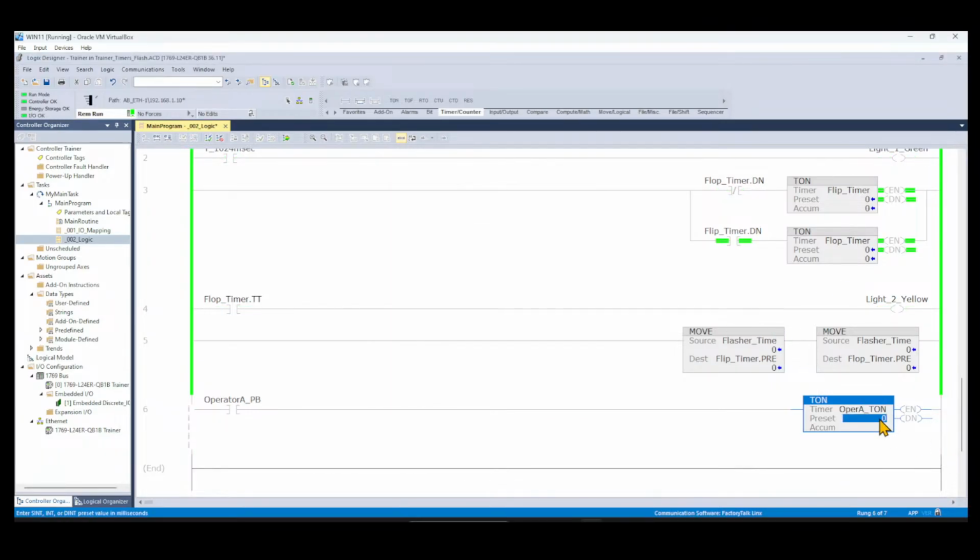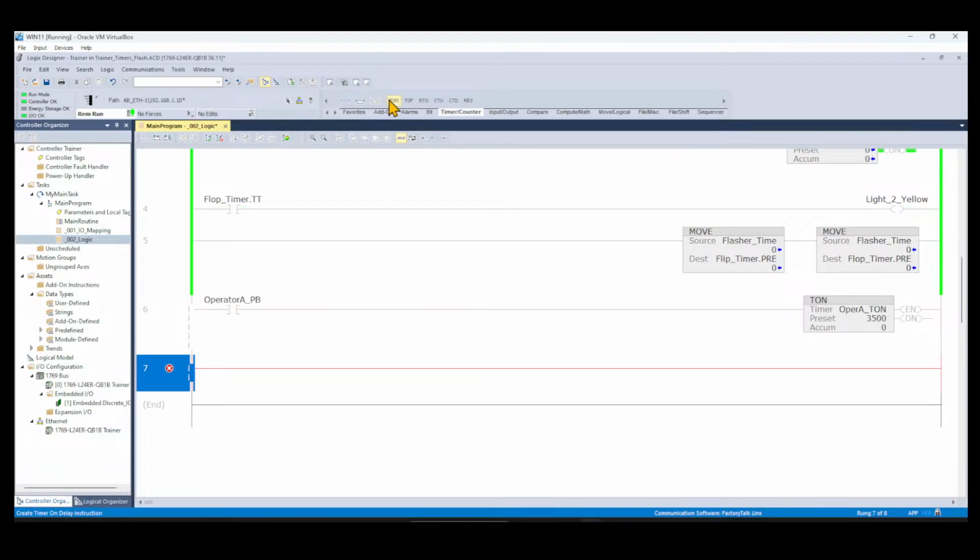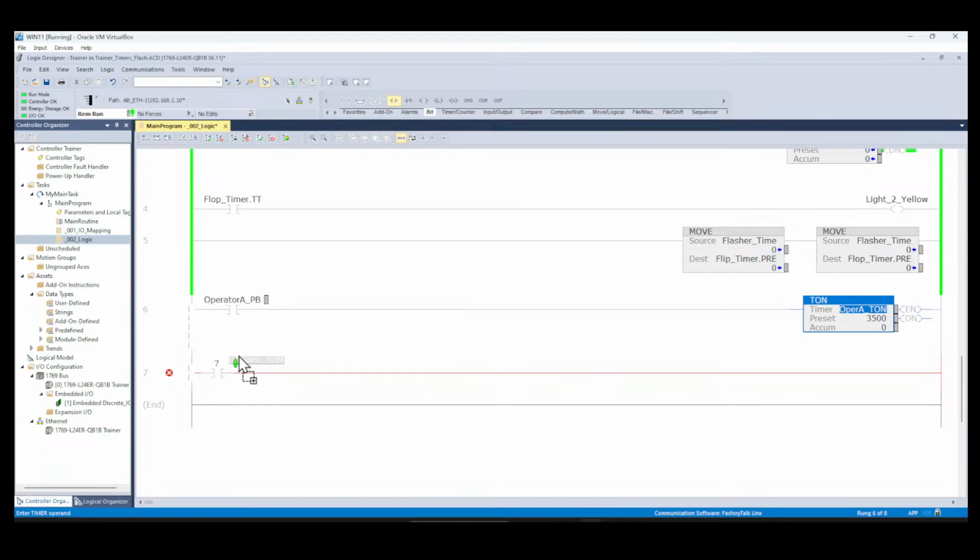Create, and we want it to be a 3500. So for example, we just make it 3 seconds, 3500 milliseconds. That's about 3.5 seconds. And once that timer is done, that operator T on is done,